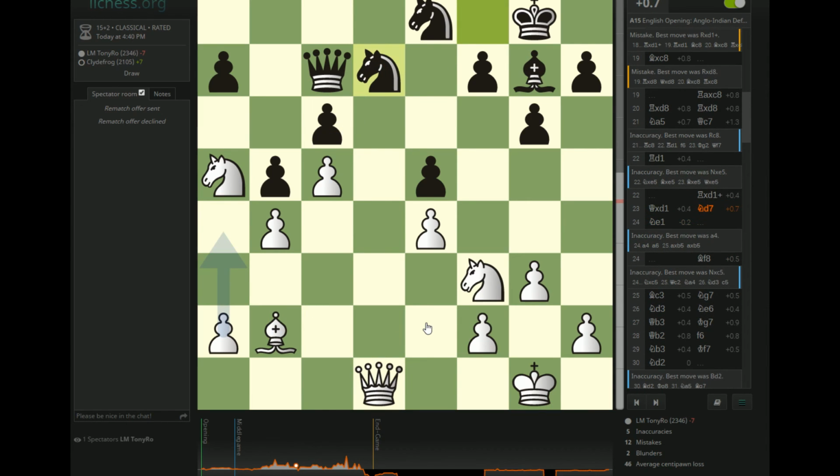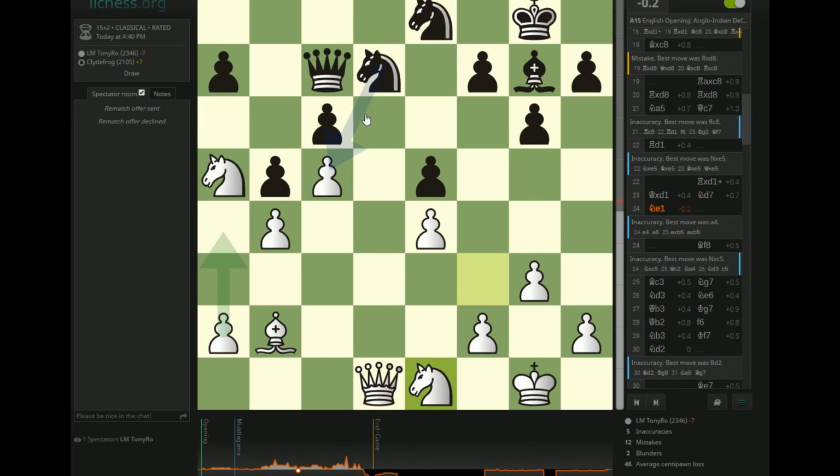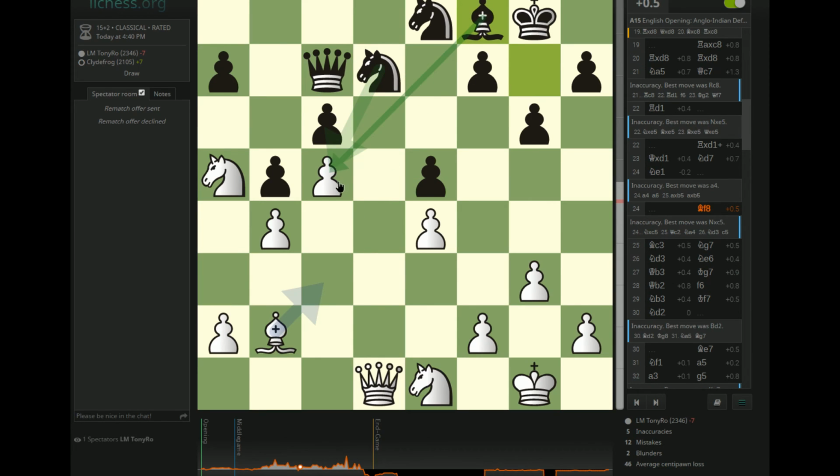And then presumably I realized during the game, yeah, I missed knight takes c5, only to realize it when he played bishop f8, which sort of clued me in that maybe a sack on c5 was possible, and then I